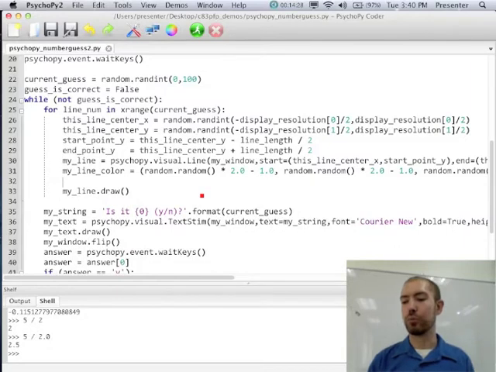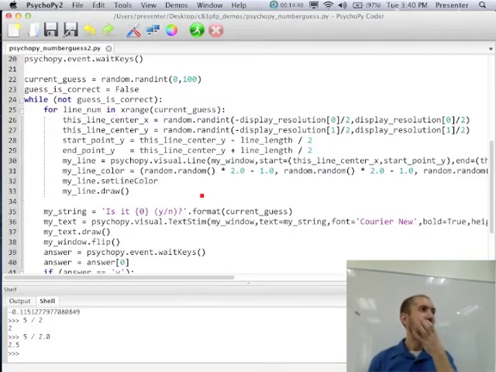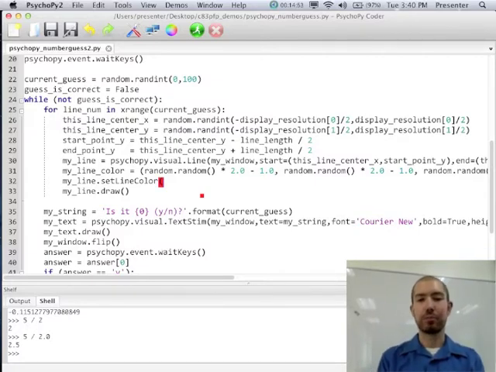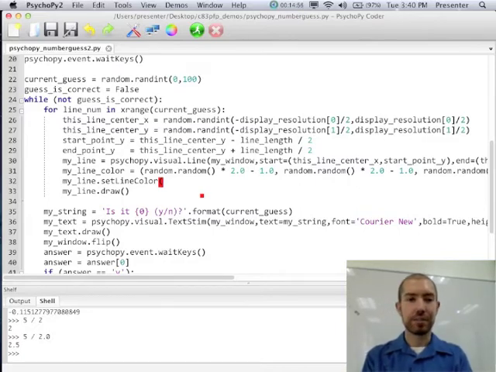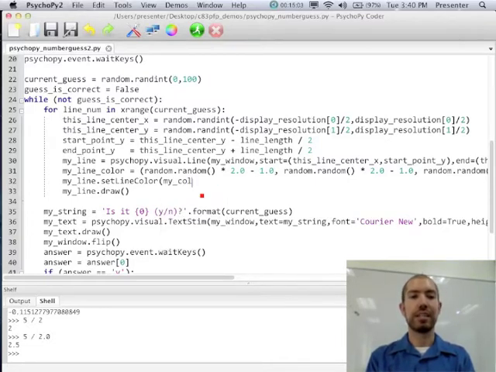And then we're going to just want to do one more thing. And this is pretty easy to do. So we're going to take my line, and we're going to tell it to set its color to something else. You notice when we created a line, we didn't at first tell it what color to be, right? So apparently the line creator, when you just create a line and don't tell it, it just assumes you want your line to be white. But that's pretty boring, right? So instead, we could tell it to set its line color to something else, right? So we're going to tell it to set its line color to my